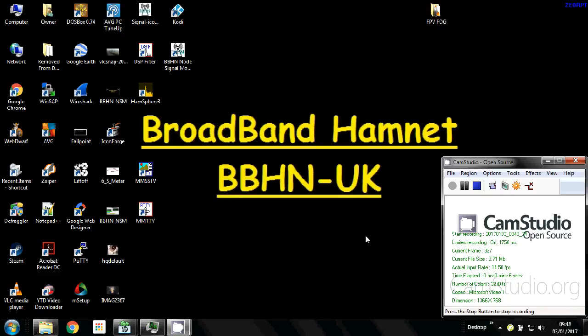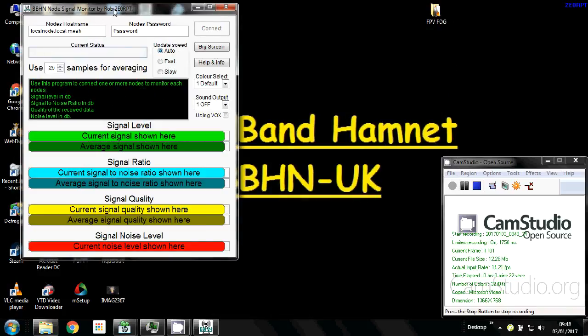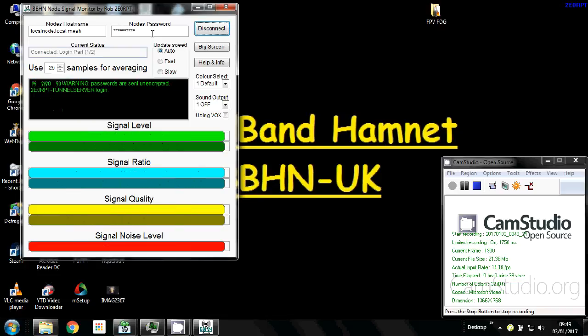Happy New Year everyone. It's a program, it's still in an unfinished state at the moment, but it's something that I'm working on and I can show you what it looks like at the moment. It's a program for monitoring the signal level, signal to noise ratio, the signal quality and noise level of your node. If I just go ahead and put my password in here,